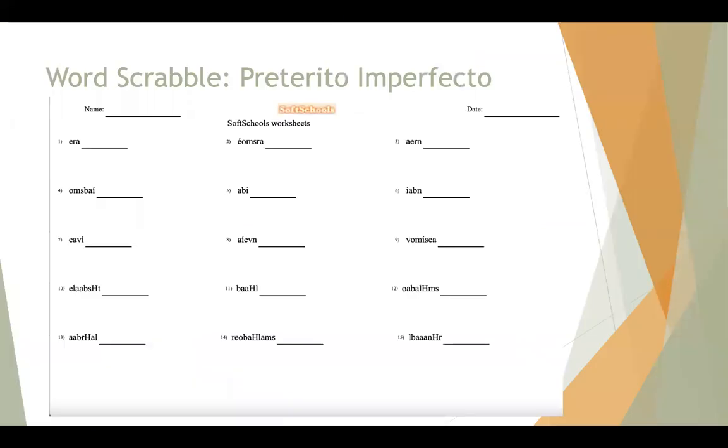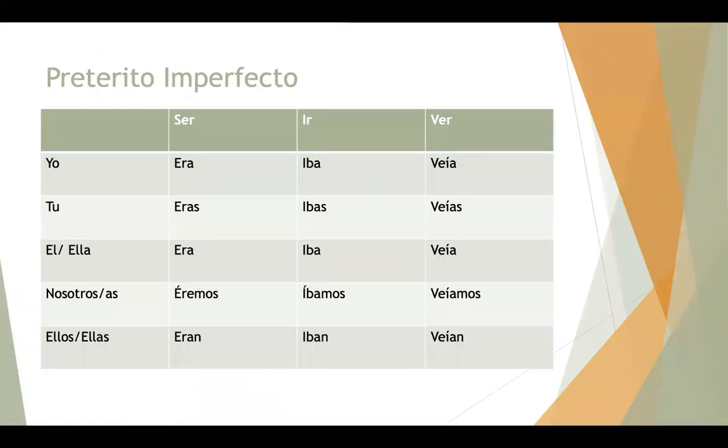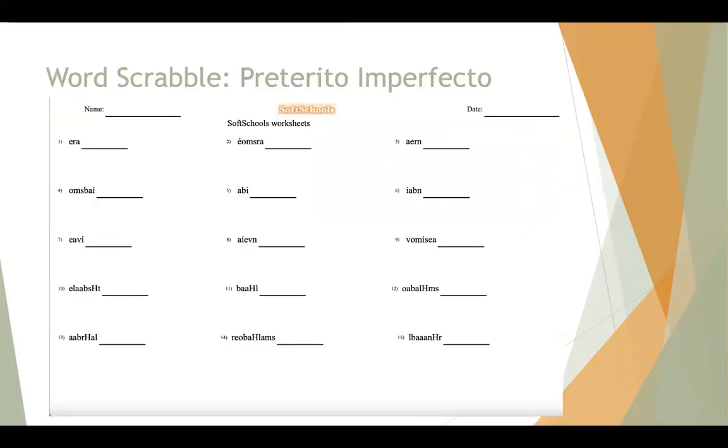The next activity is with pretérito imperfecto words. Some of these words are from that first chart that I showed you, which was this one. Not all of them are on there, but some of them are. Some of the words on the unscramble sheet are also some of the examples that we used yesterday. So hopefully you have some of those. But again, if not, that's okay. Just try to fill out as best as you can. This one does have 15 words, but it's only 2 more than the last one. So I'll give you again a few more minutes to do this one.